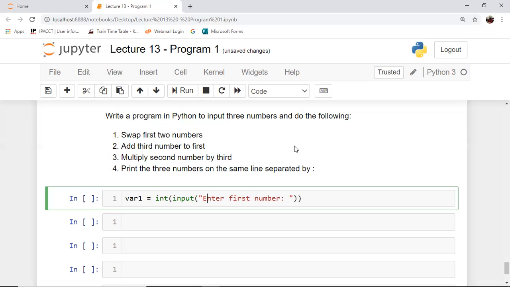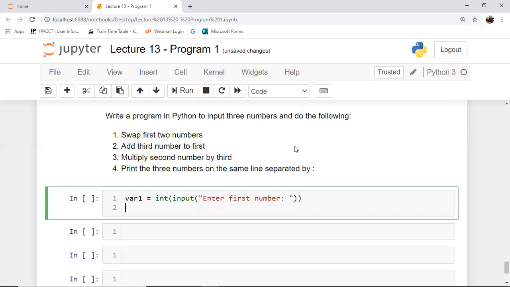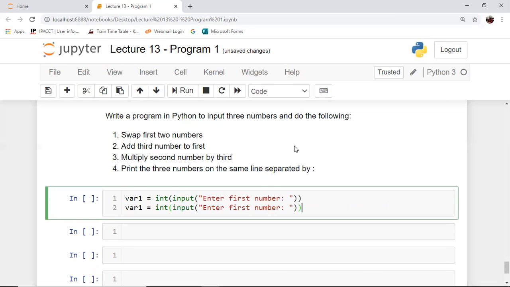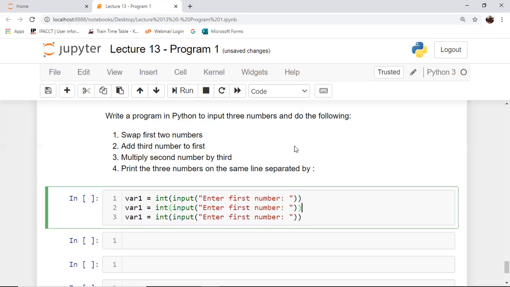Similarly, we will accept two more inputs from the user. So I'll just copy paste this and I'll make the necessary changes. So this will be var2. Let's say this is var3. And let's say the statement is changed to second number and third number respectively. Now that we have three inputs from the user, and that too in the correct integer form,